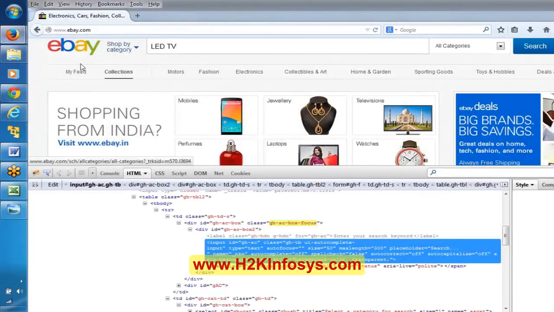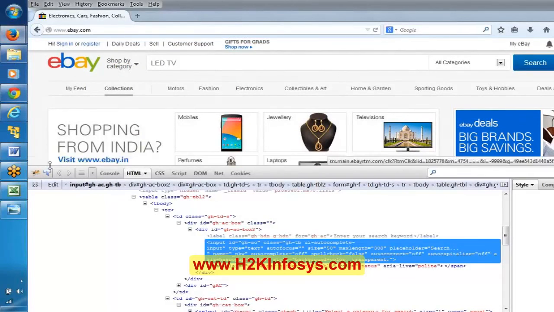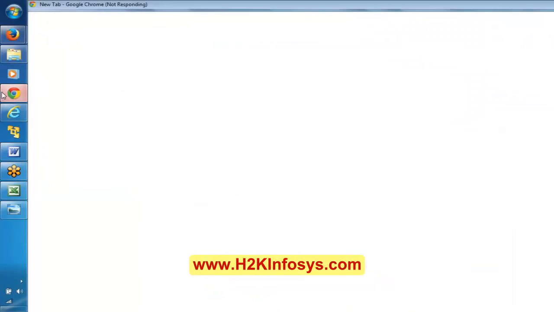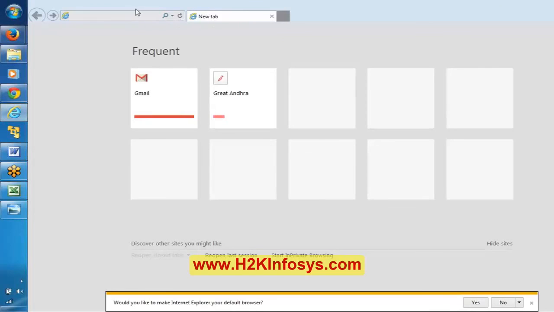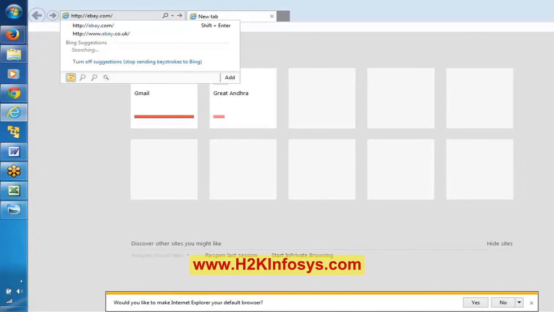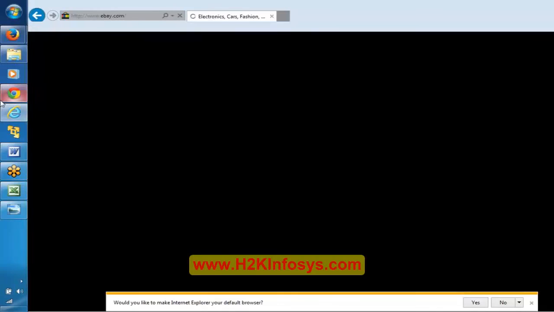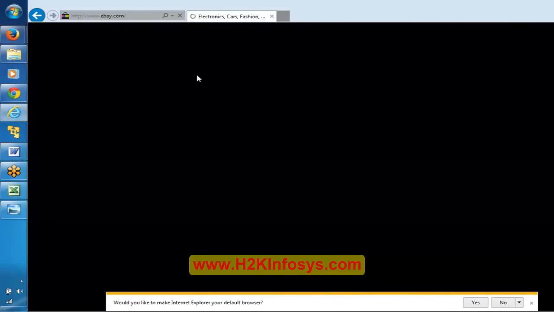Now we have been trying to understand this particular DB application, right? And we spied this particular text box, and we were able to find this ID name like this. Now similarly here in these browsers also. Let me open ebay.com here in Internet Explorer. And there is something called F12. Just in your Internet Explorer, press F12. It is going to open a tool called IE Developer Tool.